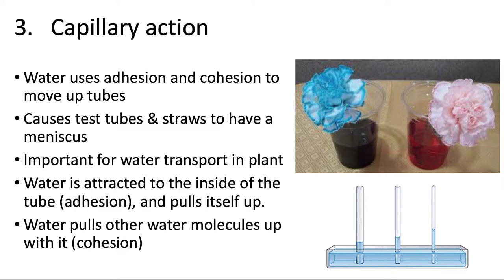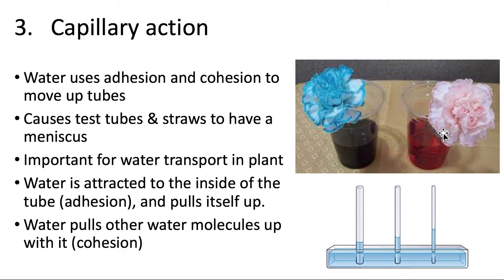Water uses adhesion and cohesion to basically move up tubes. This is what causes test tubes and straws to have something known as a meniscus, which you learned about in chemistry. And it's important for water transport inside of plants. You can see adhesion, cohesion, capillary action at play here in these carnations, which become colored when you place them